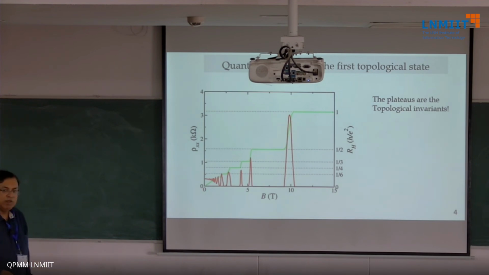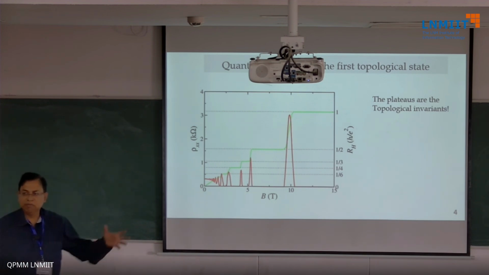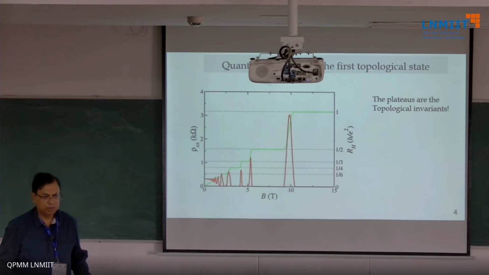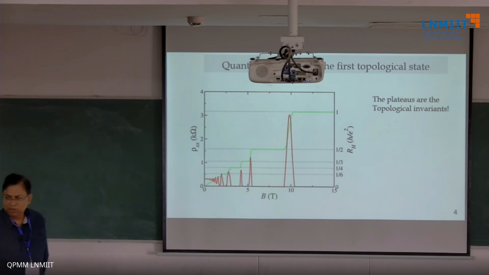And why Edwin Hall missed it is that Edwin Hall was right here all the time, because in those days getting a big electromagnet was not possible, and he could pretty much only work in the millitesla regime. So you see, what we do in the undergraduate lab is precisely this small green part, and we miss all of the interesting physics that is there at larger magnetic field.